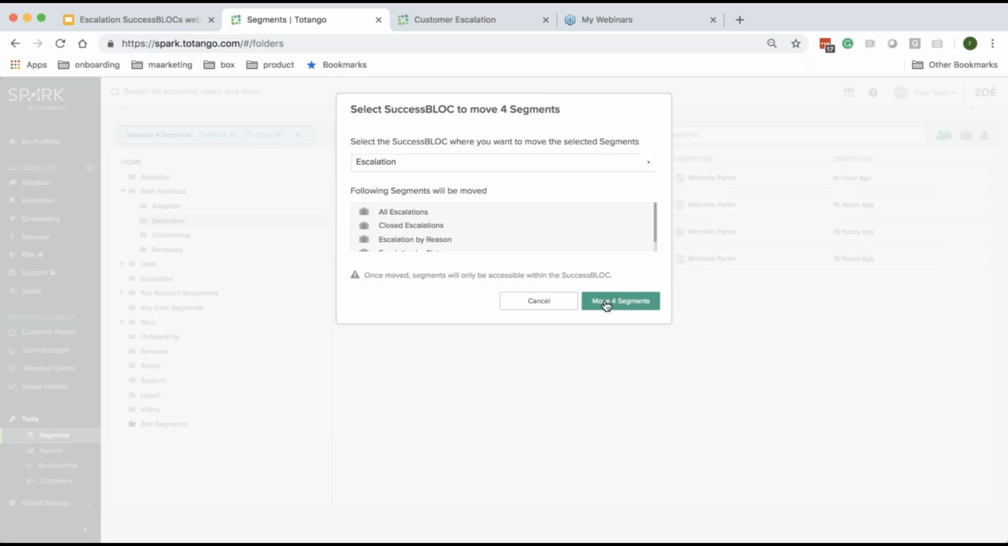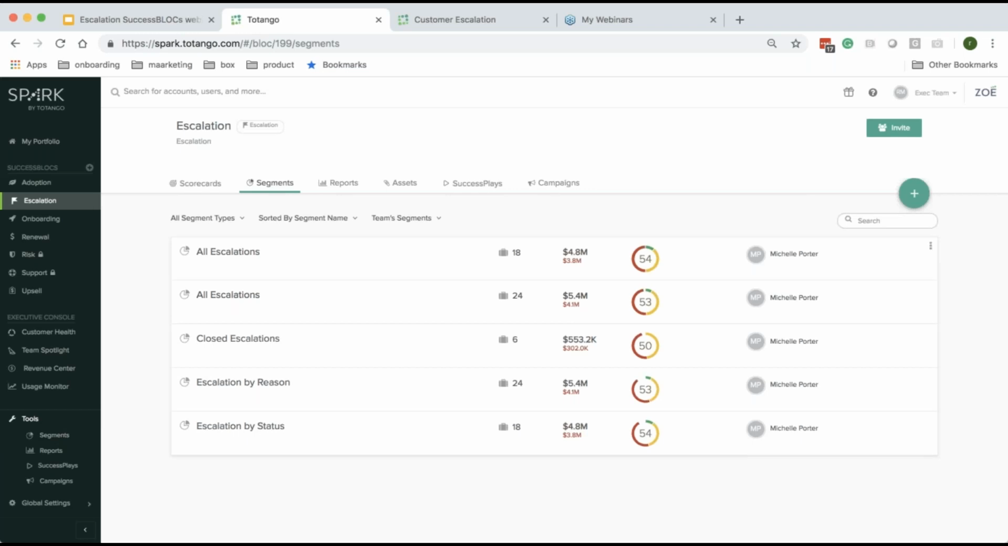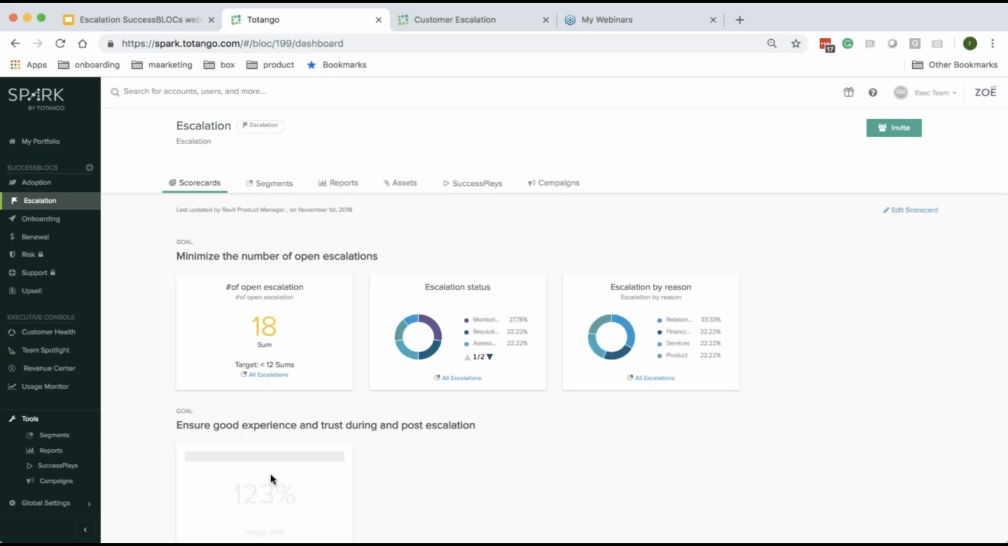So now I'll move those 4 segments to the escalation success block. As you can see, I'm back into the escalation success block. I was taken here automatically by the system, and I have all the segments created here. Now I can go ahead very quickly